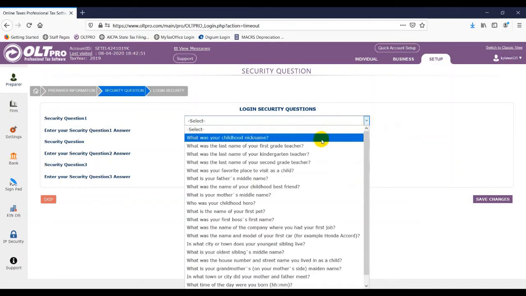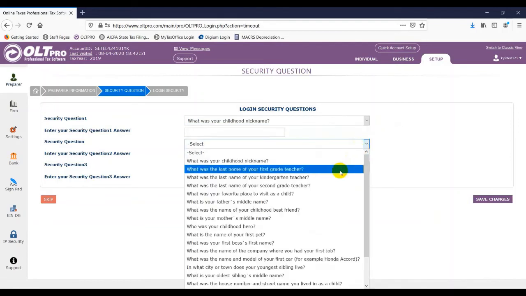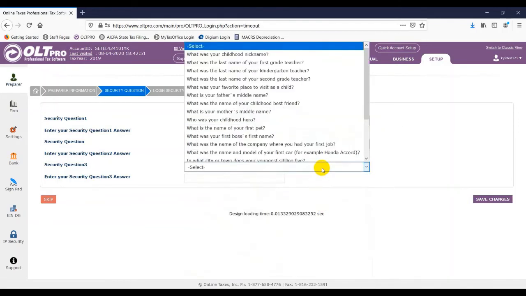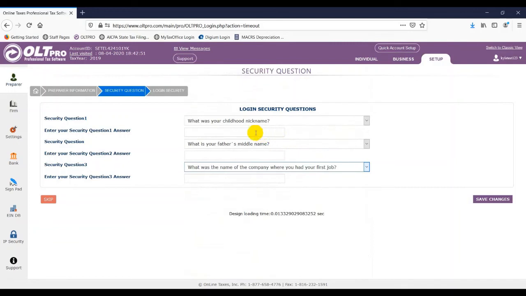So I'm going to select some options here from our list of questions. And let's see, let's do this. All right, so I'm going to provide an answer. I'm just going to do this: test, example, and sample. All right, so now when they log in, they're going to be asked 2 out of these 3 questions, and they have to provide these exact answers. Otherwise, it will not let them proceed. So let's go ahead and click on Save Changes